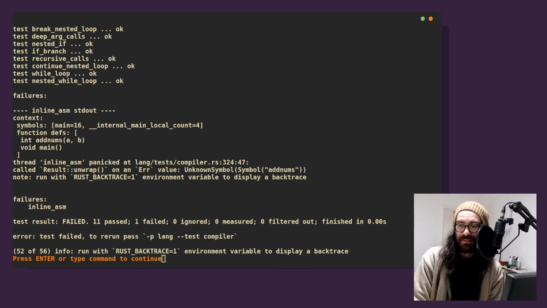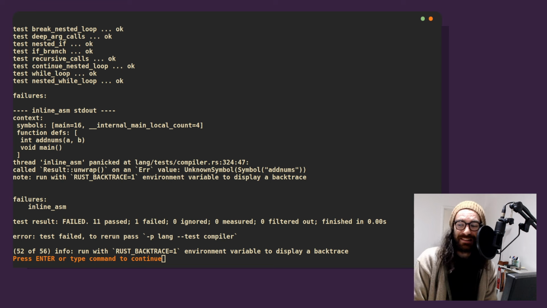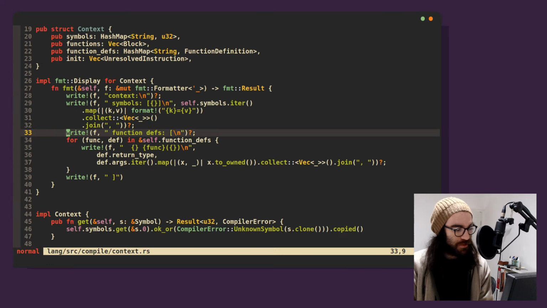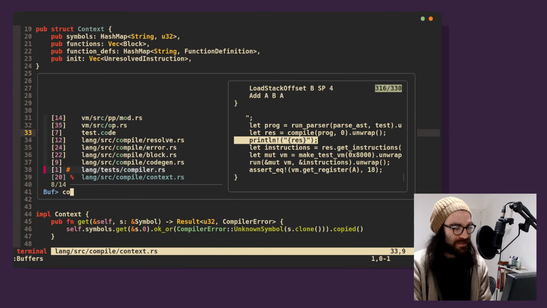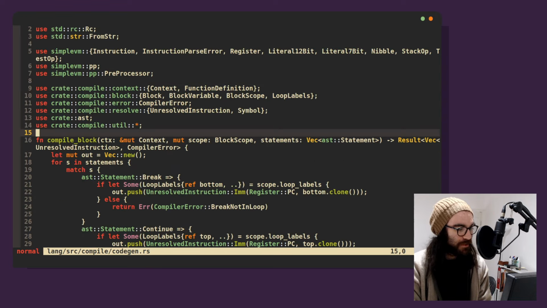That was worth doing. This is human readable now. Okay, so we can immediately see the problem. Main is defined as a symbol, but addnums is not. And I can immediately see why this has happened, because the actual location of this comes from